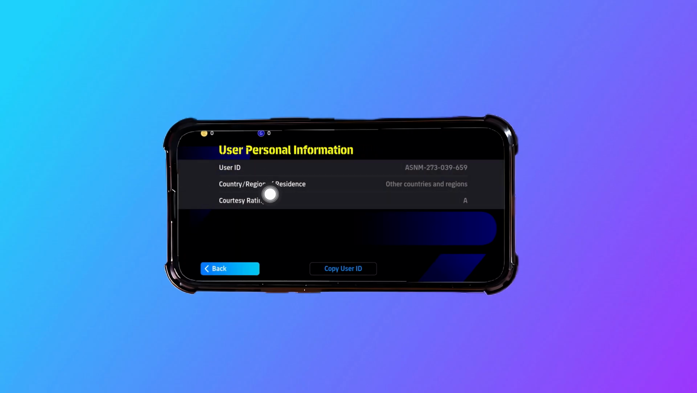Once you're here, you will get to see an option that says Country or Region of Residence. Here, as you can see, it is currently set as Other Countries and Regions. This section might be automatically updated according to your physical location, but if you want to change it, you can